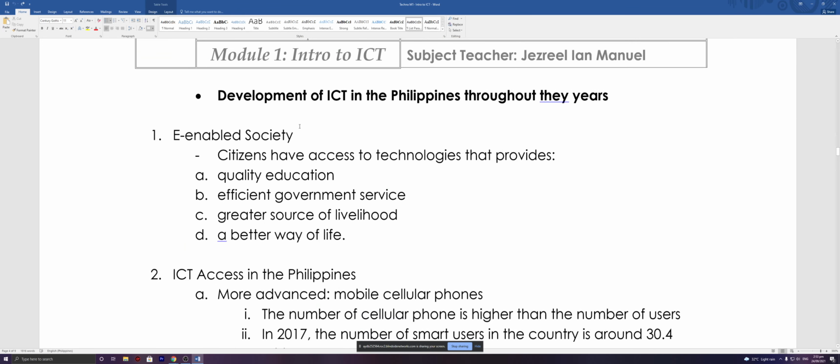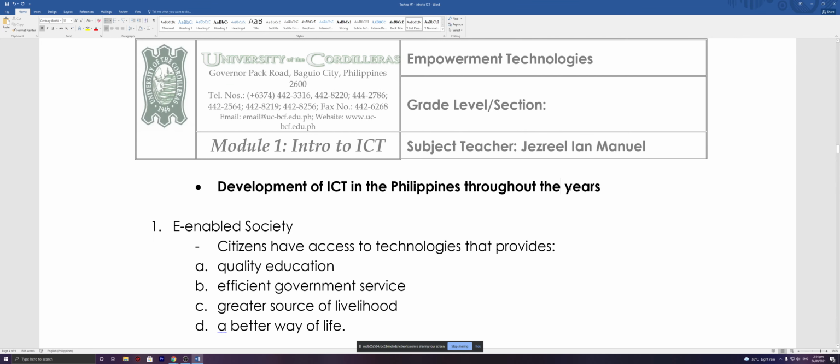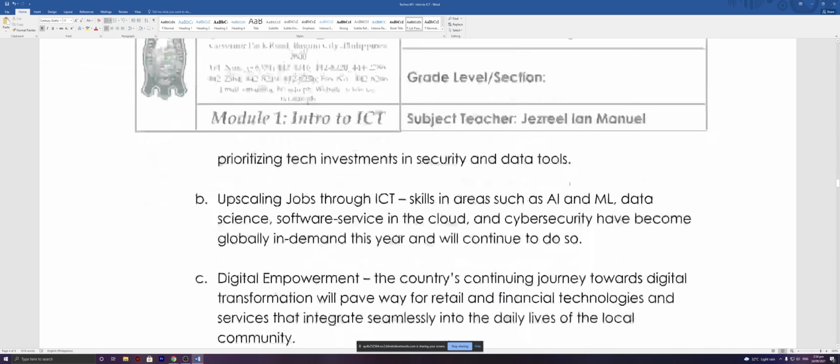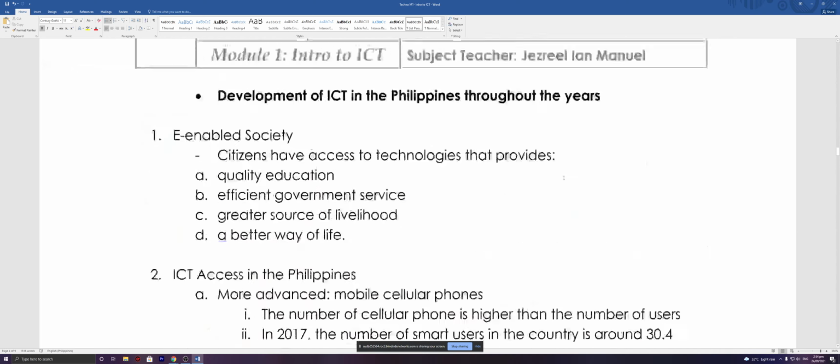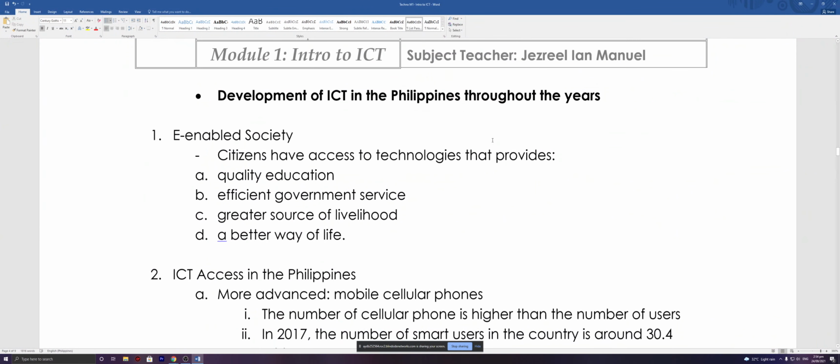Now, the development of ICT in the Philippines throughout the years, we have the following. We have like 5 different development or plans because they are planning to turn this country into number 1, an e-enabled society. Ano ibig sabihin ng e-enabled society? Citizens have access to technologies. So lahat na po tayo, they are planning na marunong nang gumamit ng phone, ng technology, which is nag-uumpisa na,